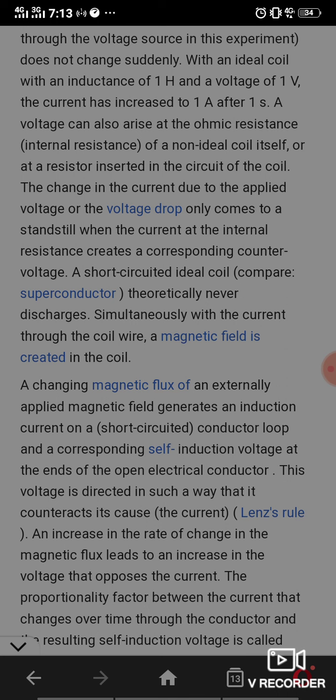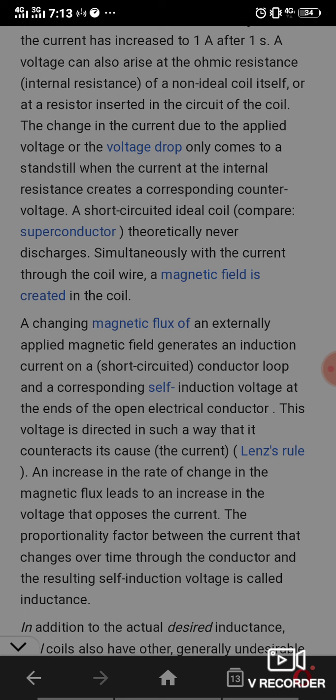This voltage is directed in such a way that it counteracts its cause, the current. An increase in the rate of change of magnetic flux leads to an increase in the voltage that opposes the current. The proportionality factor between the current that changes over time through the conductor and the resulting self-induction voltage is called